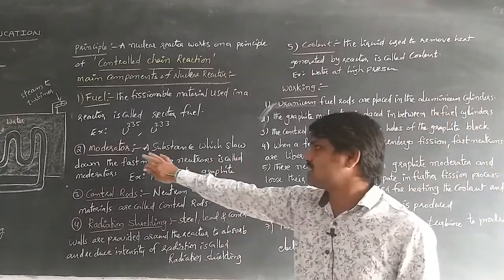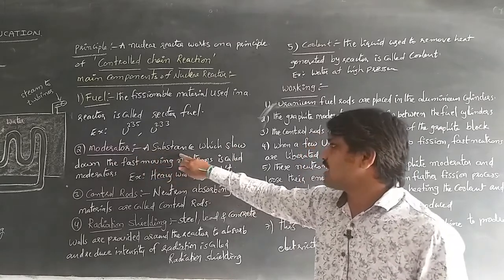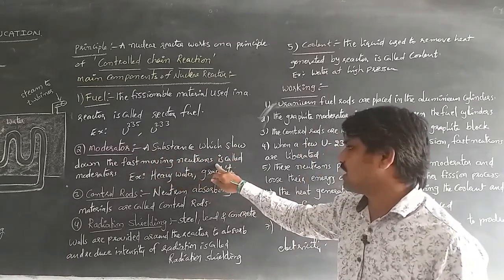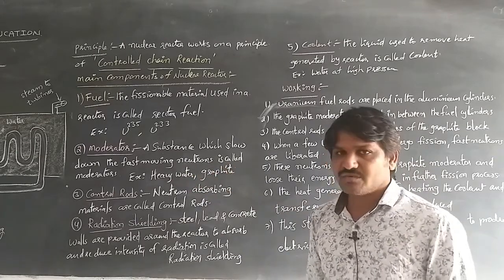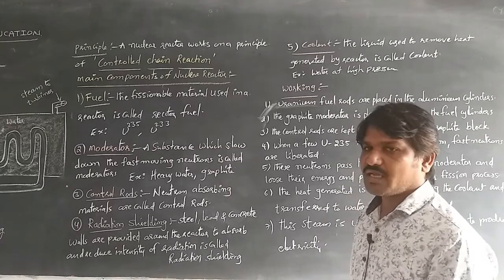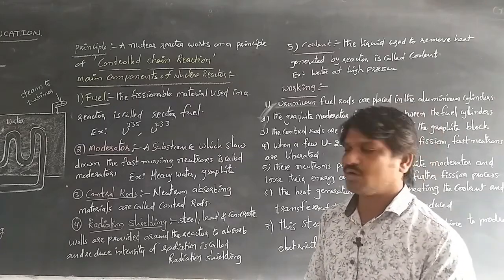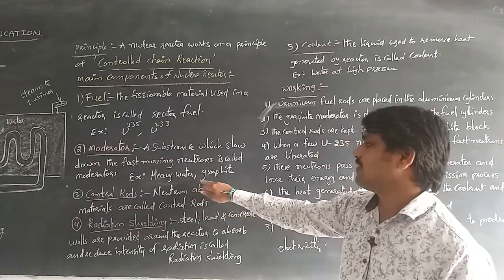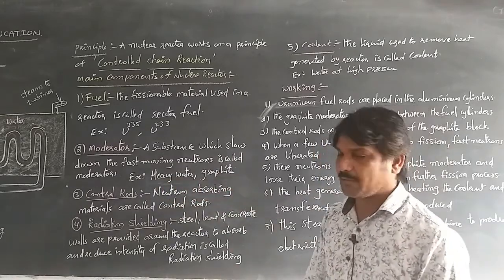The second one is the moderator. A substance which slows down fast-moving neutrons is called a moderator. The neutrons emitted from the fission process in the fuel are fast moving, and they can be slowed down by using the moderator. Moderators are mostly made of heavy water and graphite. And the next one is